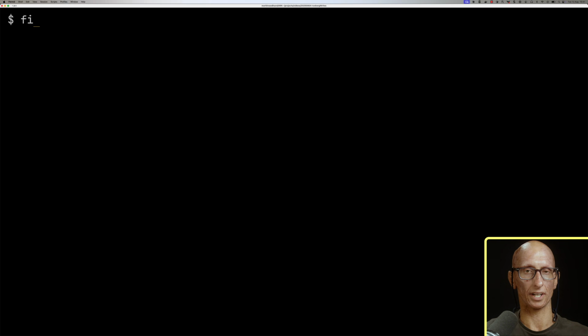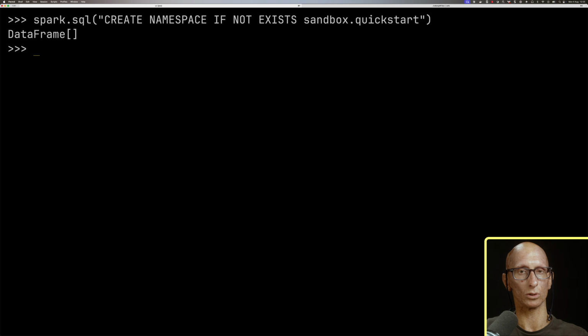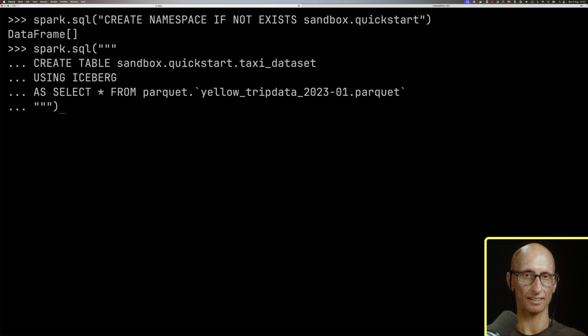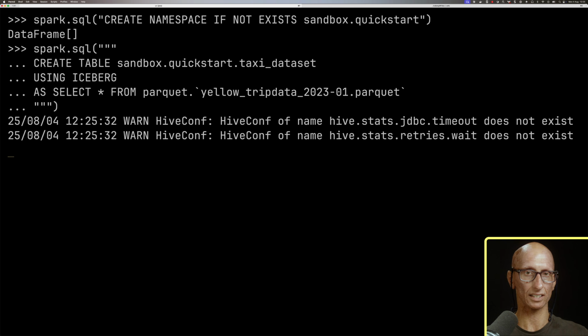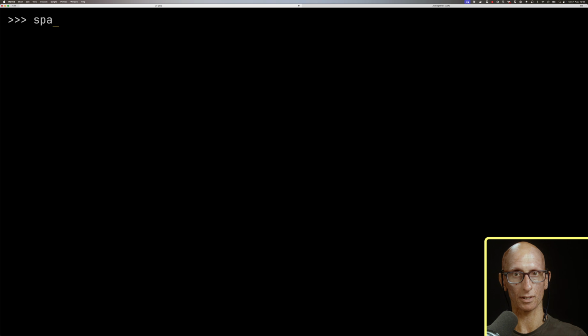We're going to be importing some New York taxis data. So you can see we've got a couple of Parquet files here. And we'll first create a table called taxi dataset. And we'll say using Iceberg, and then we're going to select from the first one of those Parquet files. That'll take a few seconds to run, and then once it has, we can call spark.table, pass in the name